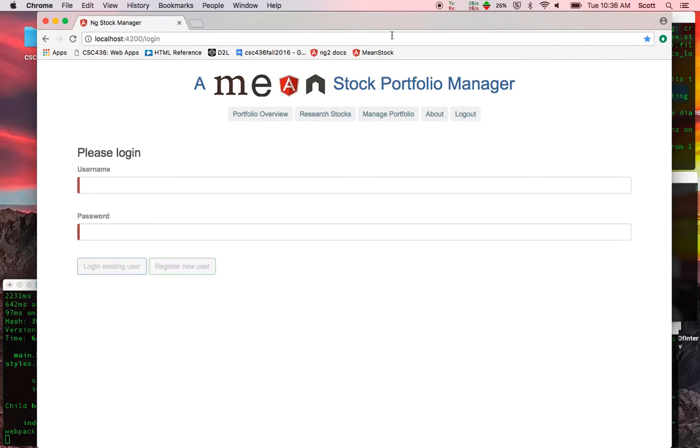So here, let me go ahead and click on a URL so you can see it refreshed. Right now, I've just launched my application, the MEAN stock portfolio manager. The first screen we come in is the login screen. So on login,